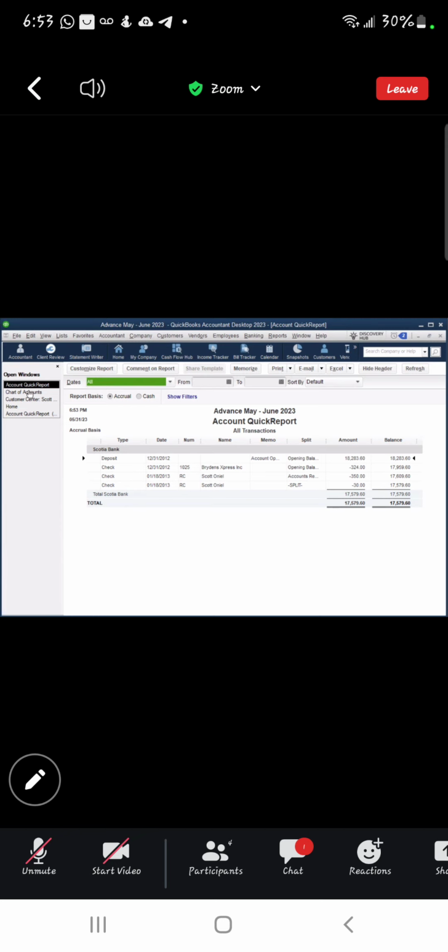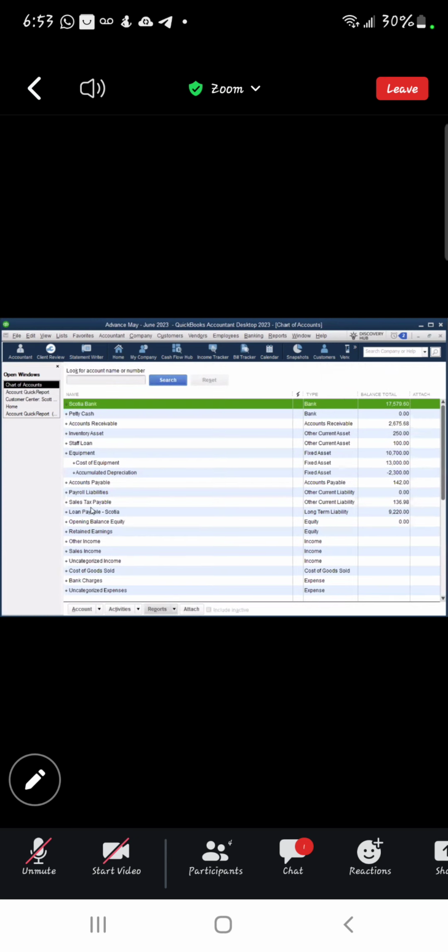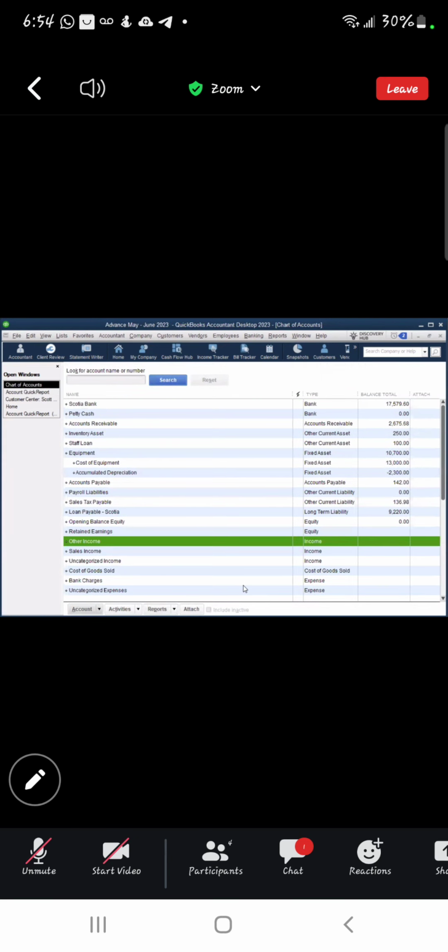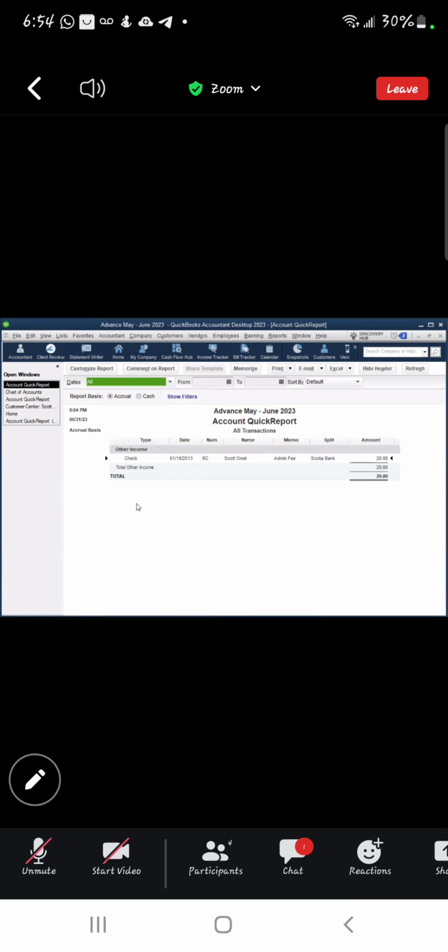All right, and then if we go to our income account, we're going to have an increase of $20. So everything happened in one transaction. All right, so the next exercise is that we're going to receive the customer payment again for the $400. So on page 27, we're going to call Scott, let him know that the check returned. The check is $350 plus an extra 50, and then he's going to come in